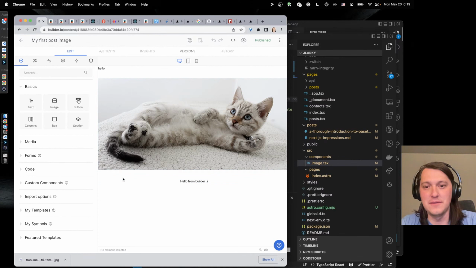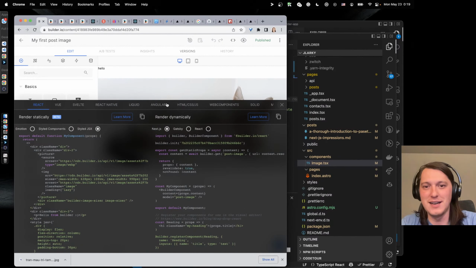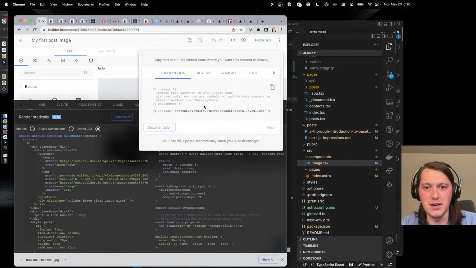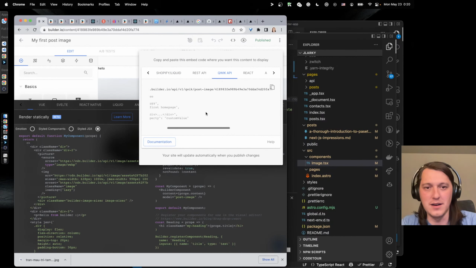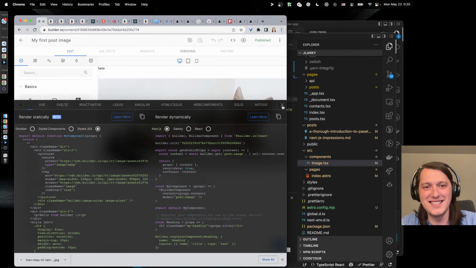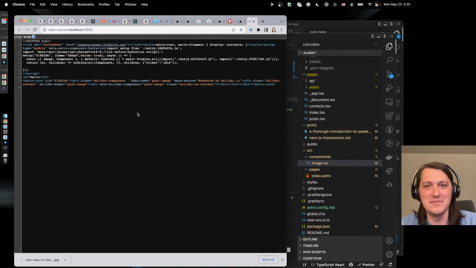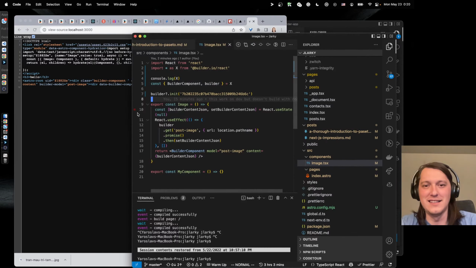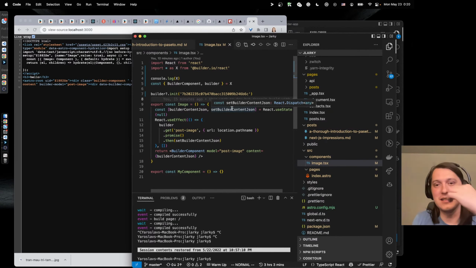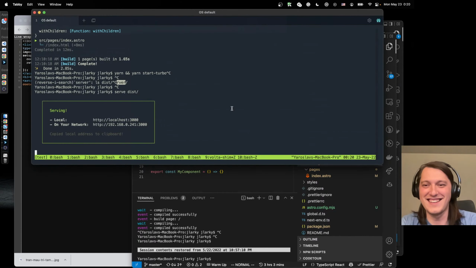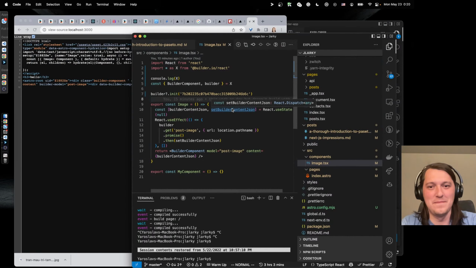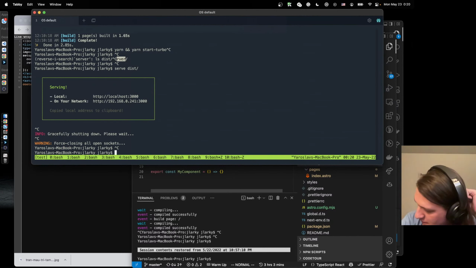I know that Builder itself is written in Qwik, but I don't think they even have Qwik here, but they have it here, right? Yeah, they have it. No, they don't even have it here. So it doesn't seem like they're really supporting it yet, and so I'm not that surprised that it doesn't work with Astro. But then again, it doesn't work in a crazy crazy mode. I don't know if I should stop it here or not.